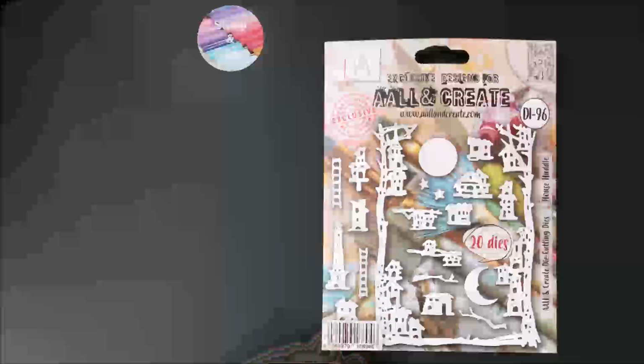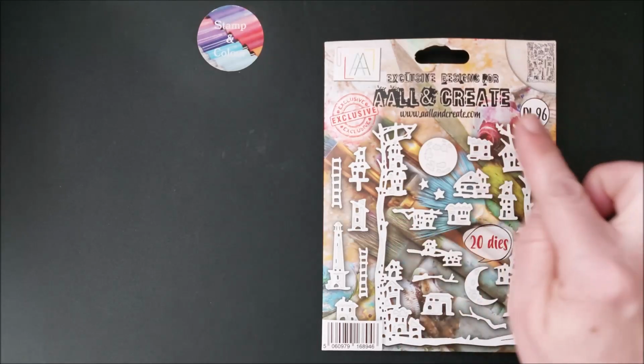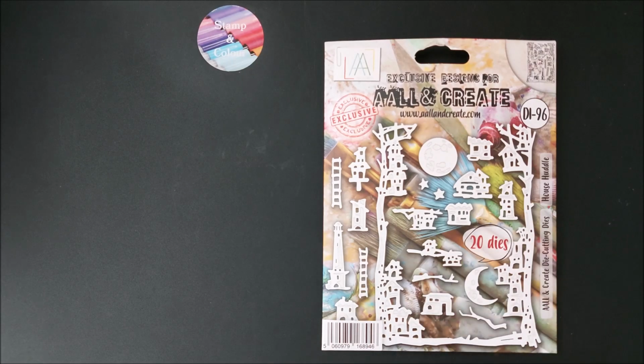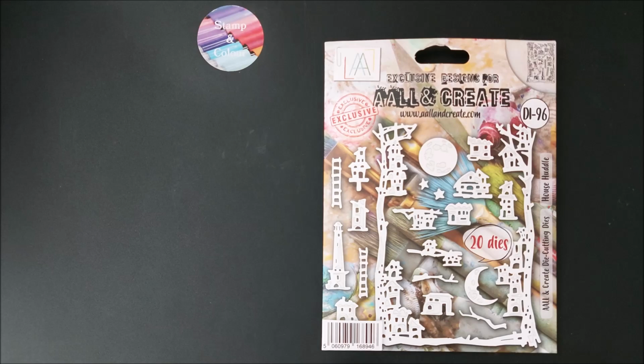Our fourth die set, donc quatrième et dernier set de dies, c'est le DI 96 avec 20 dies. Donc cette forme principale, plein de petites maisons, lune, étoile, petites échelles. Donc on peut vraiment s'amuser et créer une petite scène très particulière, très à la AALL Create, type de scène que j'adore. Je trouve ça génial comme idée. So you have 20 dies in this set. So the main frame here, all sorts of houses, moons, stars, ladders, and so you can create amazing little scenes